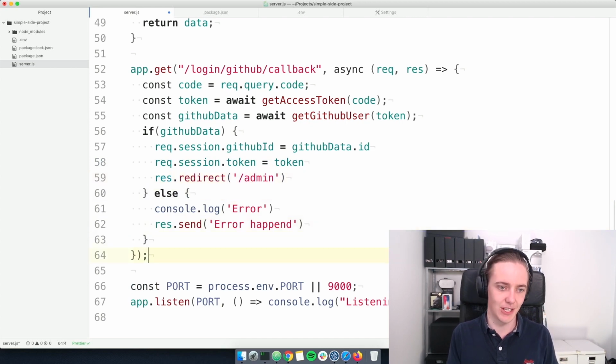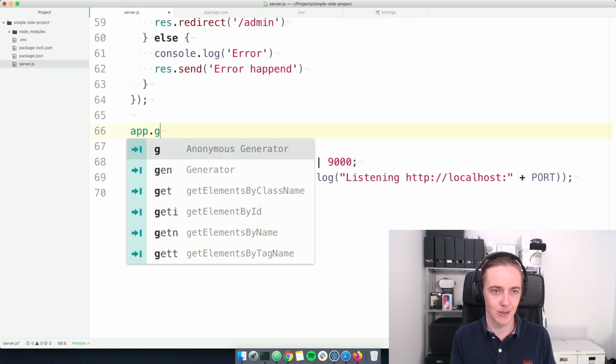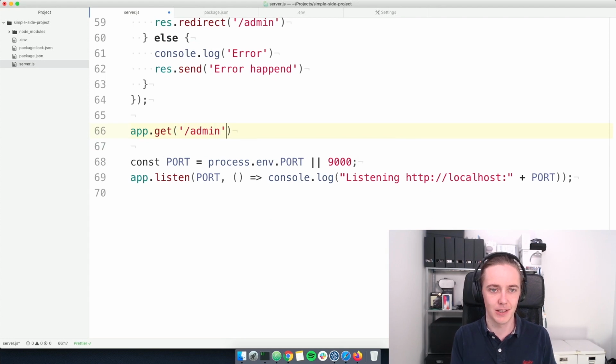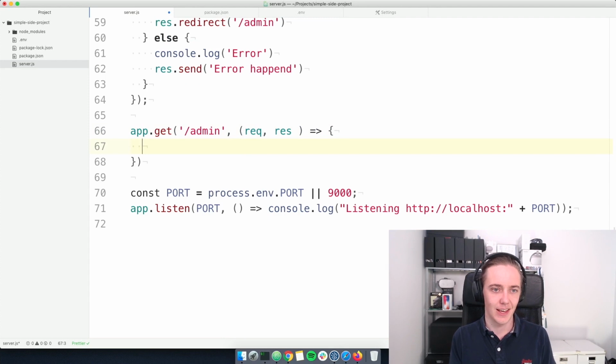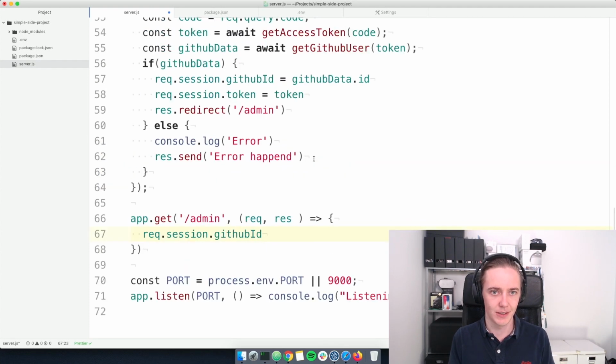This is a good way to get started building a server where you have something like admin things you can do. So app.get, let's scroll up a little bit, app.get admin, a new route here, and we can then say here we can get the request.session again, and we can check the GitHub ID from up here, and let's see, what was it? If GitHub ID,